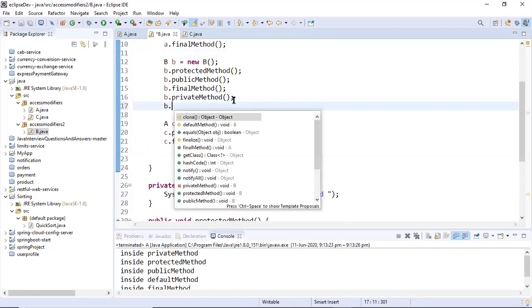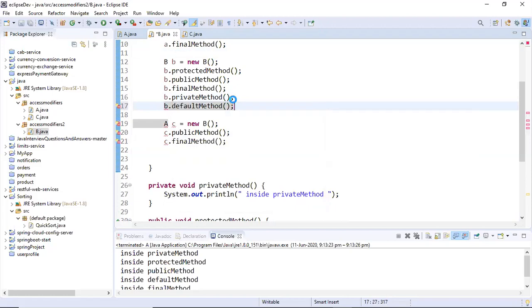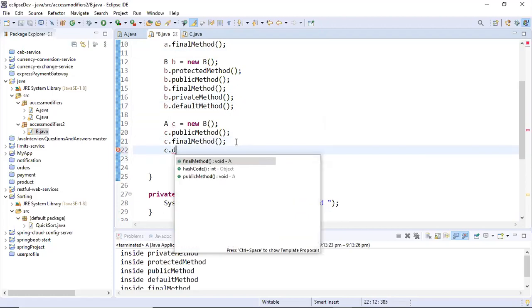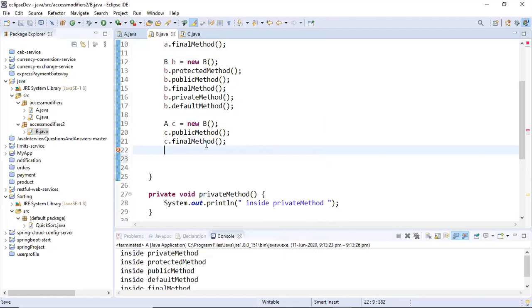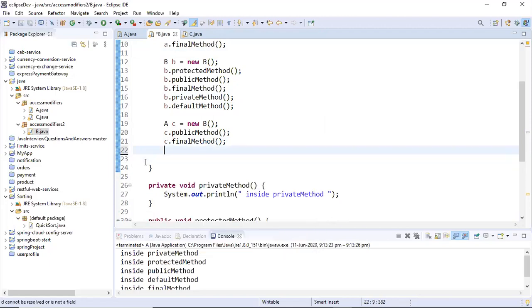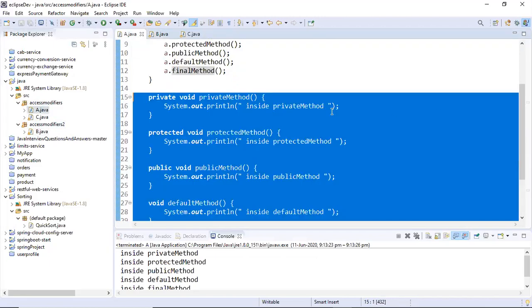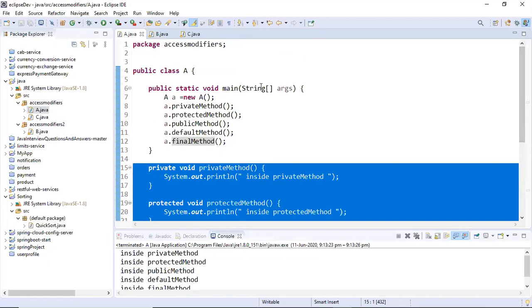So this has to be clear to you. Also, can you access the default method? Let me show it to you. You cannot access the default method even now, right? Because C is the reference of A, you can only access the public methods. So these things have to be clear, that public, protected, and private keywords can be used just behind the functions. Let's see a few variables also.